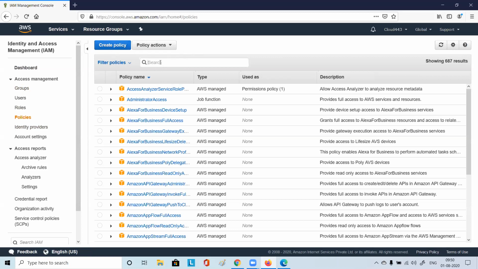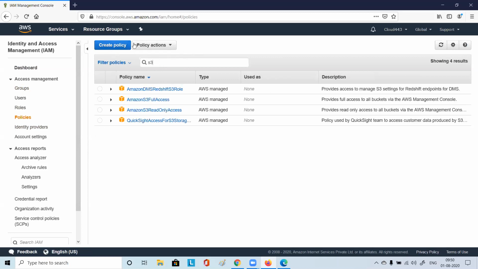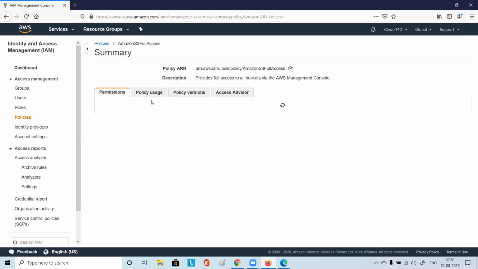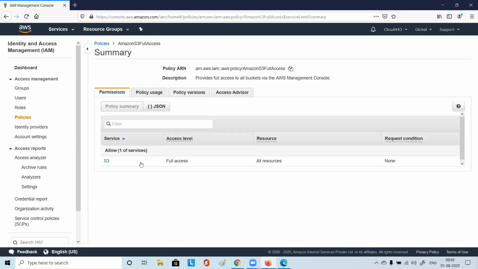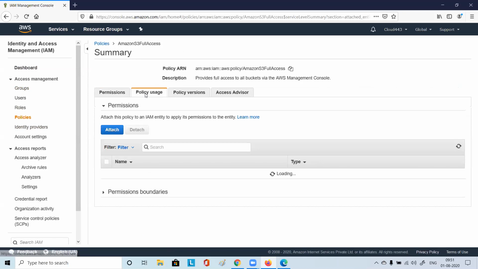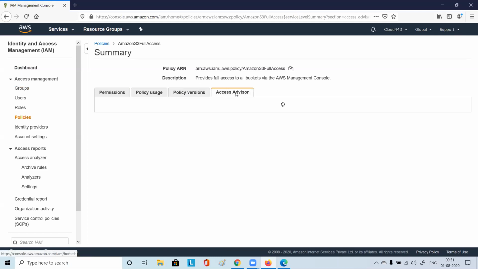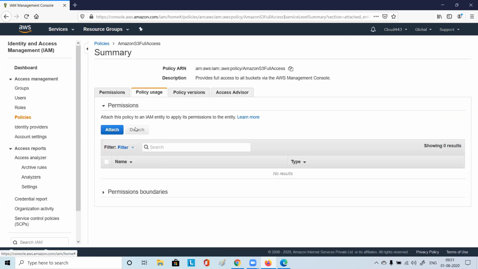Just search for, say, S3 full access. S3 full access is there. You can simply see this policy usage. Here you see policy versions, access advisor. See policy usage.